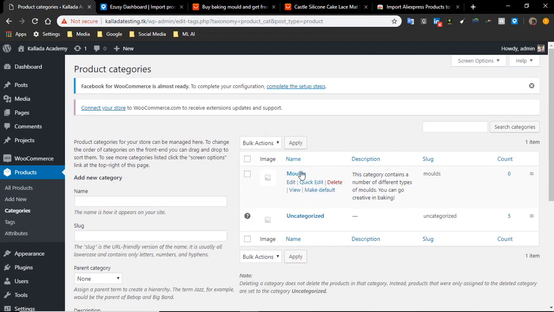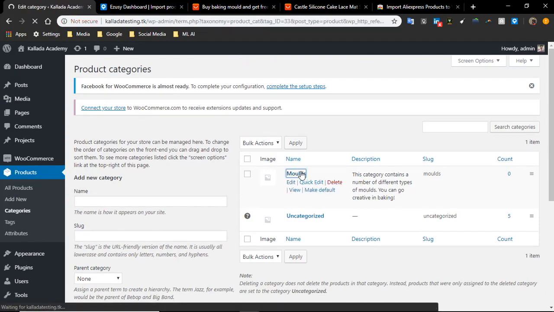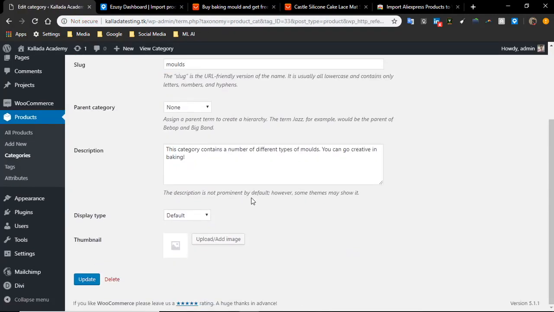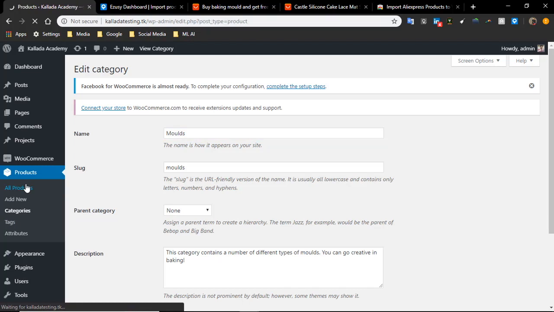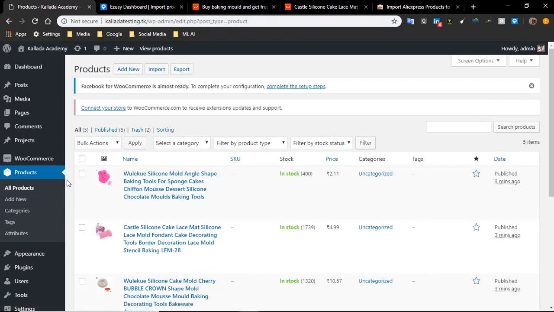So once the category is added, you can go to the product list. And from the product list, you can bulk edit. Now we'll discuss about the bulk edit feature. First of all, you select all the products, then go to bulk actions and hit on edit.